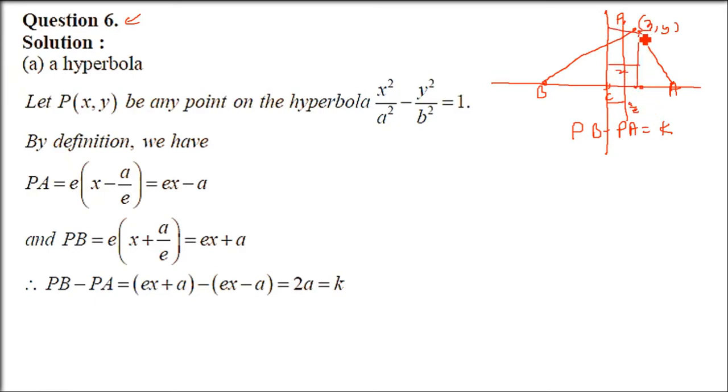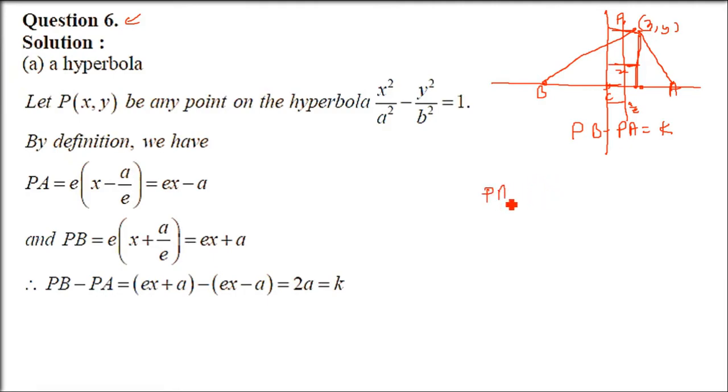And all the distances, x, AE, x minus AE, I already told you. So let me give you the final result we are going to get, and that will be the difference. When we see the difference, we have PA and PB direct values, which we already defined and already have a proof of. So you have to remember that PA is EX minus A and PB is EX plus A.